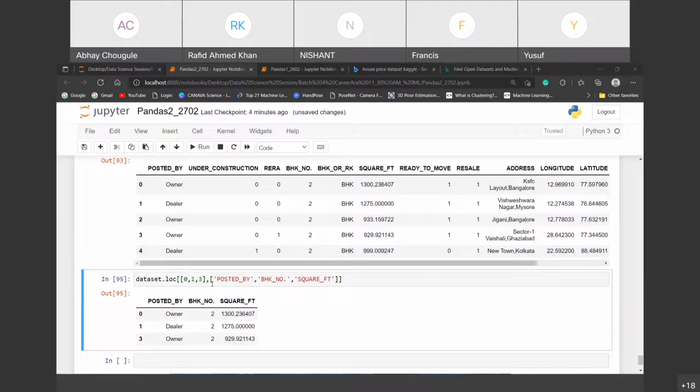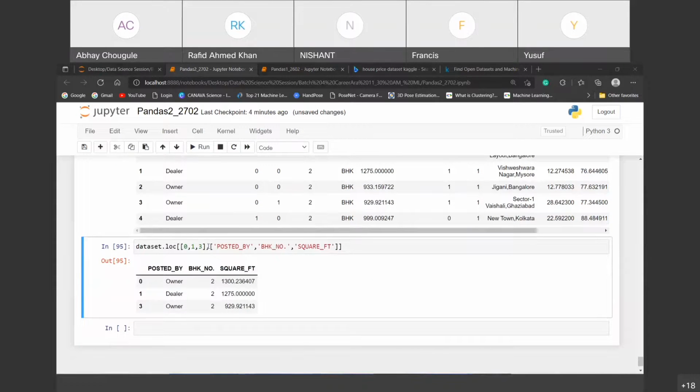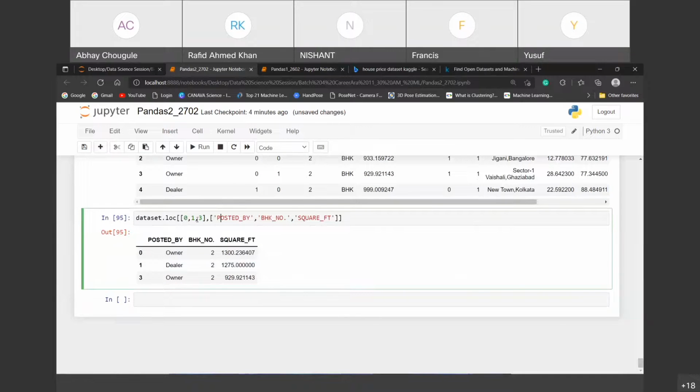It seems like a little bit tricky, but the syntax is what we always have to know. It is the loc function that we have worked on. Actually, the loc function works in this way. We have the iloc function as well, but that works with the numeric values, right? This is loc. Loc works in the, if suppose I pass like a